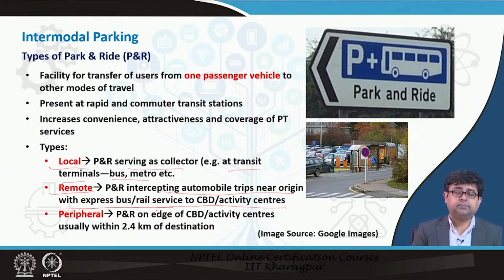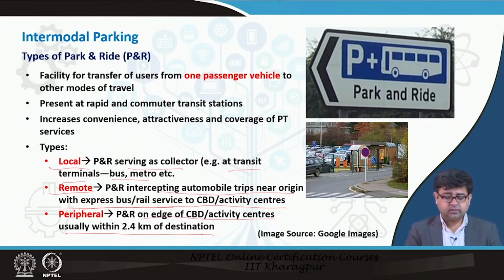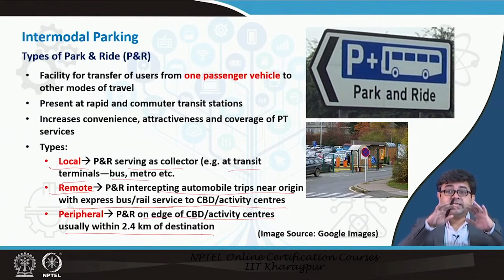And then there is a peripheral kind of park and ride facility that is on the edge of the CBD or activity centers, usually within 2.5 kilometers of the destination. That is more of a number. So, what happens here is you have park and ride facilities at the edge of the CBD itself. So, maybe the CBD is such an area where